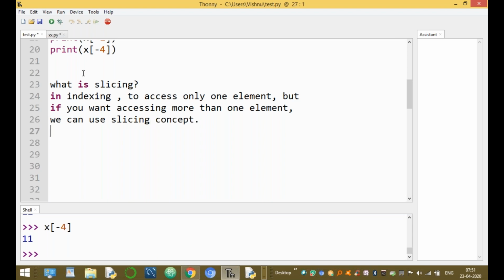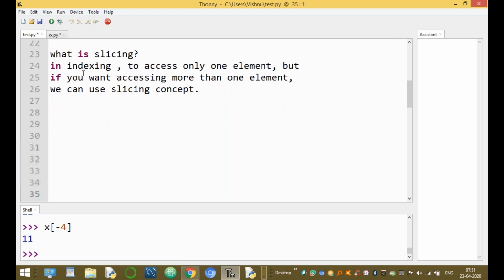It's very important in Python programming. Using indexing, you can access only one element at a time. If you want to access more than one element, we can use the slicing concept.